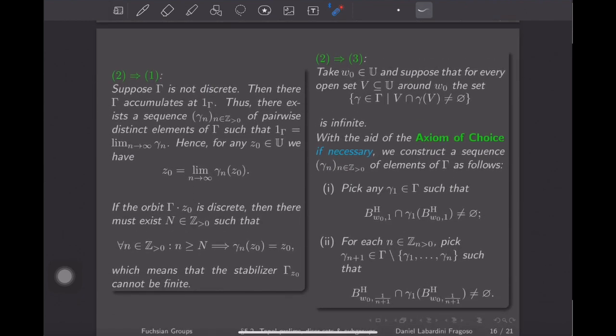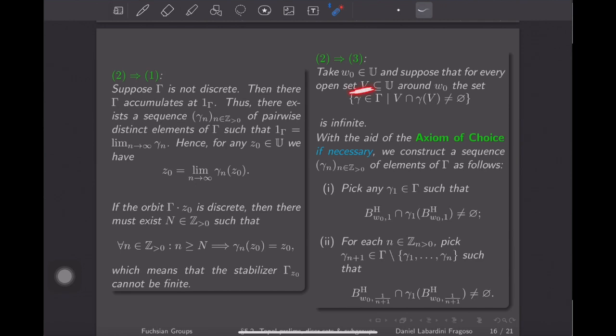So I take a point, and then I'm going to assume that that proper discontinuity, which is what I want to prove, fails at this point, so that actually for every, no, it doesn't matter which open set